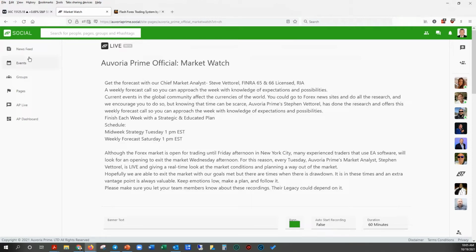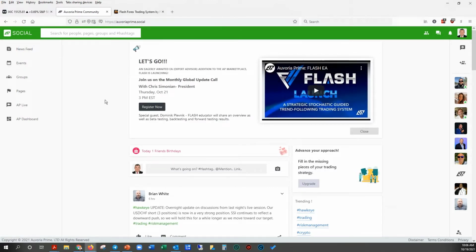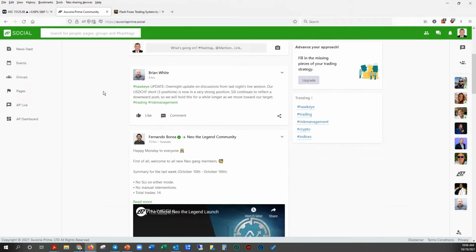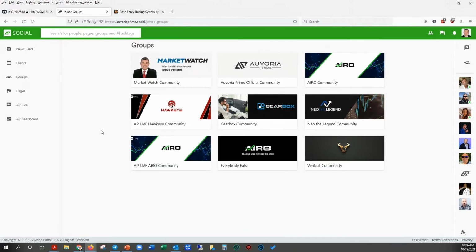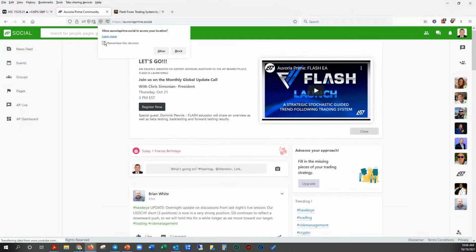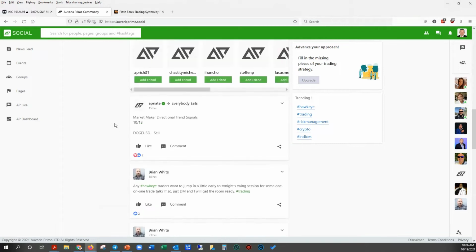So here is, just so you guys can see this, I just had all of this activated about a week or two ago. So in the news feed, if you have access to all of the groups, you'd only be subscribed to one or two in most cases, but I requested access to all the groups. If you go into the news feed, you're only going to see the news feed for whichever software you're using, right? But we've done, in my opinion, a really good job of trying to get a lot of people to come over